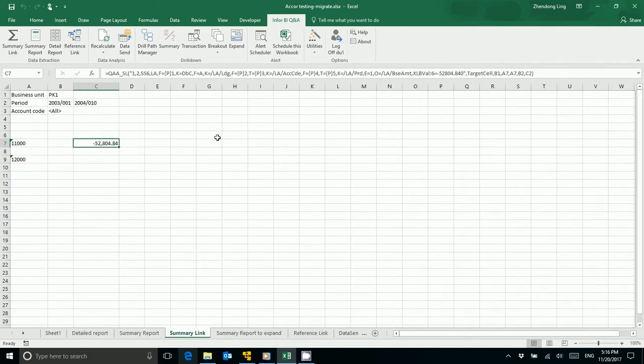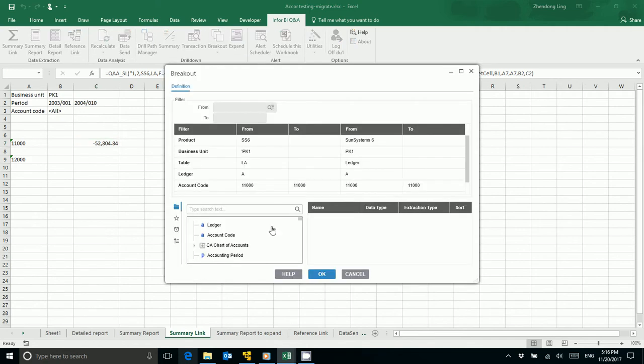Okay, let's have a look at the breakout. In the breakout report, that will break out this total figure into different reports, depending on your selection in the breakout settings. Again, we're using this summary link here. I'm going to break out my report into accounting period here. So if I click accounting period,